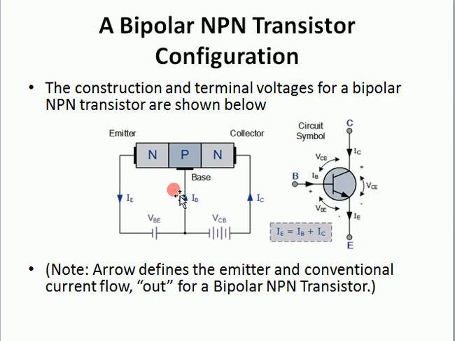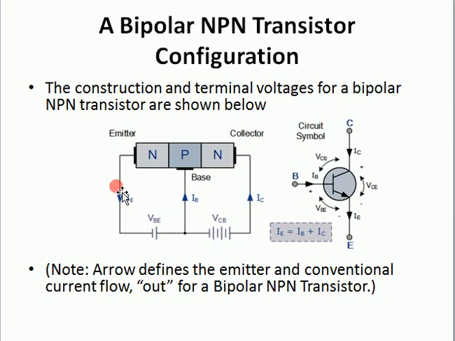Here you see this is an NPN transistor, where this N is the emitter, this P is the base, and this N is the collector. Now the second thing, always remember this: this is the common base configuration. In this case the emitter base junction is forward biased, and the collector base junction is always reverse biased. Here you see that this N is connected with the negative supply, and this collector N is connected with the positive terminal of the supply.